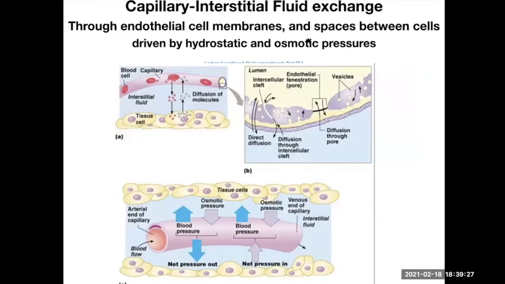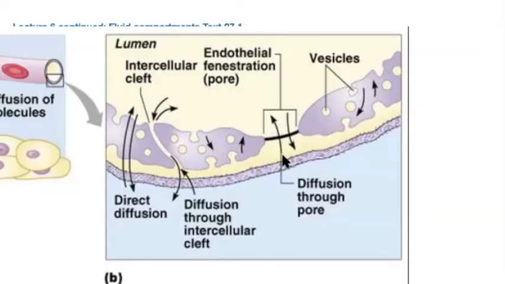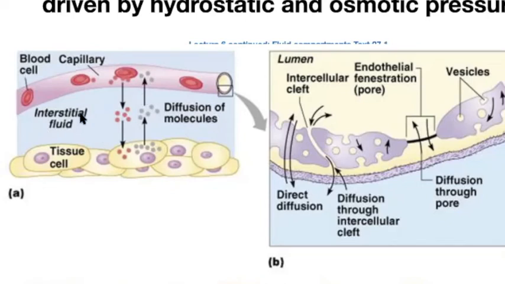So for this first exchange, this has a lot of words. Don't worry about any of these details. You'll cover this, maybe we'll cover a little bit in the nervous system, but basically your capillaries, which are running through your body's tissues over here, are lined by these endothelial cells. And there's going to be diffusion of stuff through the individual cells, so you have a little bit of control. And you also have these pores, like spaces in between them, either small ones or big ones, depending on where you are. So there's a pretty free exchange of fluid between the capillaries and the interstitial fluid right here,